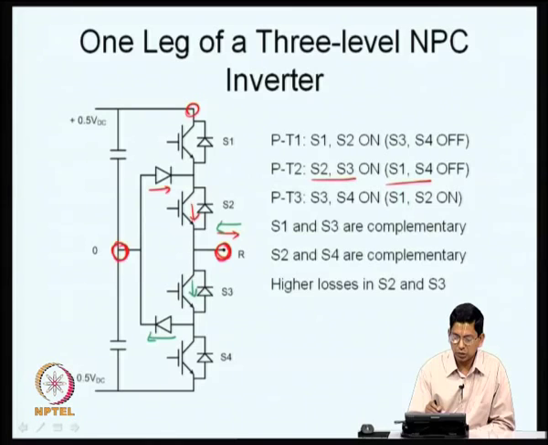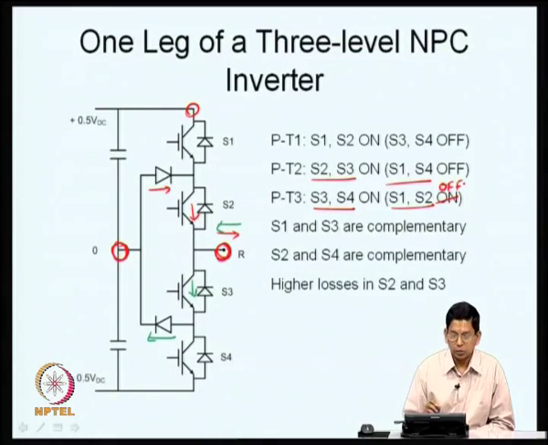There is also the other state where the pole is connected to the bottom throw, S3 and S4 are on and S1 and S2 are off. This was the same mistake as in the last slide, this should be off here. So, S1 and S2 are off now. So, you can connect the pole to either of the 3 voltage levels. This is the exact realization of a 3-level voltage source inverter, and the pole can be connected to the DC bus neutral, hence it is also called neutral point clamped inverter or NPC inverter.